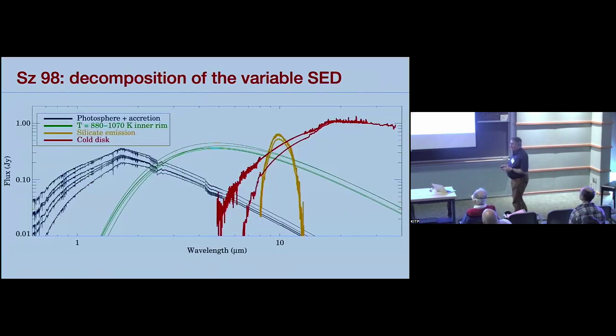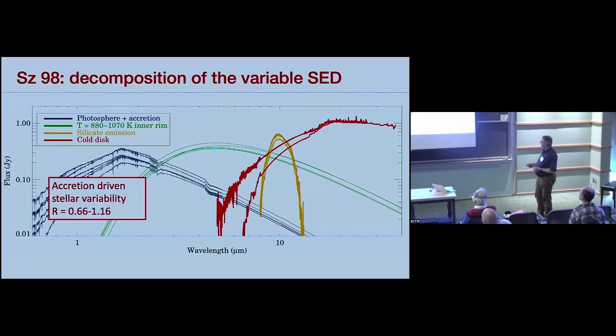So what is our picture of this star then? These are all multi-epoch observations. What we see is the strong accretion variability of the star. If we subtract it from the full spectrum and fit the inner disk part, this is the green one, a single temperature black body, you see that it is variable, but it's not really correlating with the star, that's my feeling.